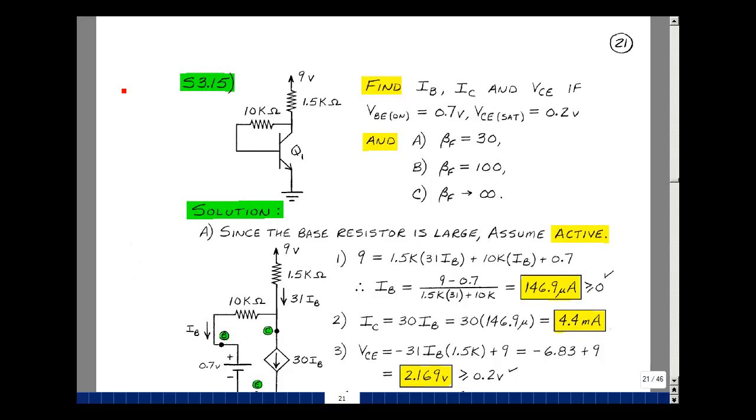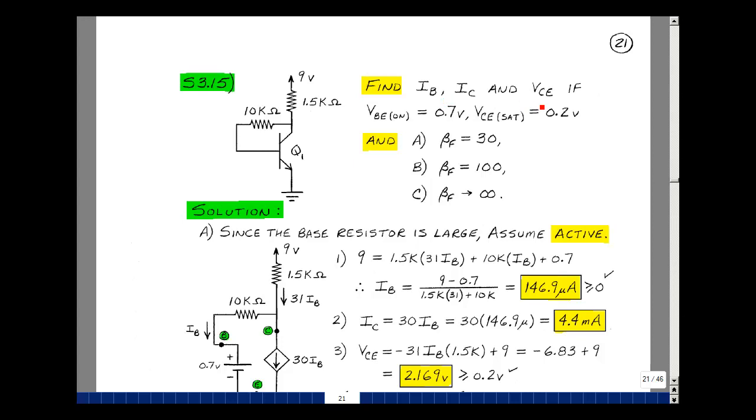This lesson deals with supplemental problem 315. You can find this problem in the ECE302 ebook in the Chapter 3 Supplemental Problems on page 21. Given this NPN transistor circuit with two resistors and one battery, could you find the base current, the collector current,